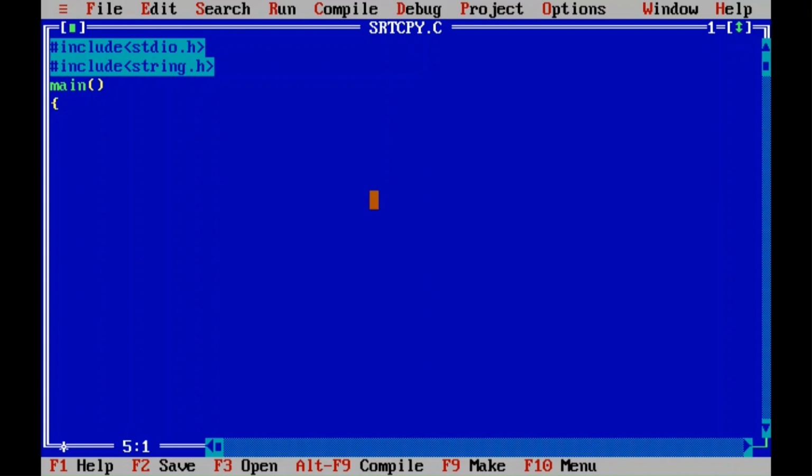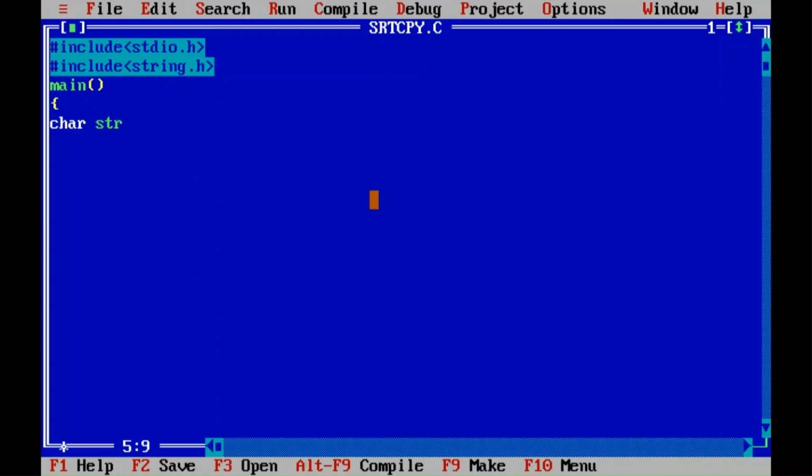Now we are going to declare two string variables. In the first program, we are going to initialize the string in one variable, and then we are going to copy it. So here, as we are solving strings, the data type we are using is char.